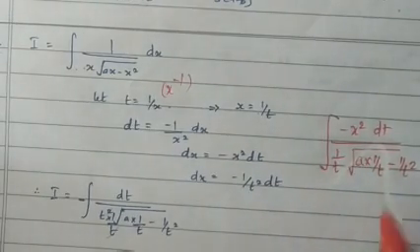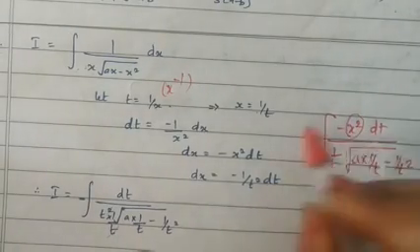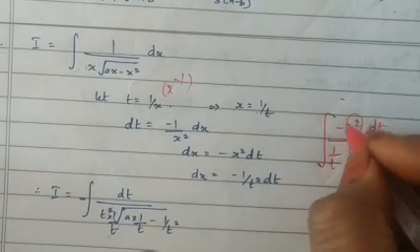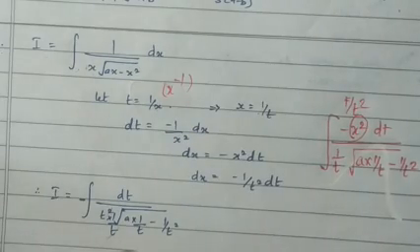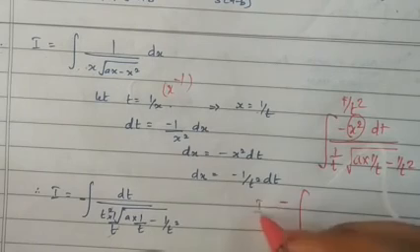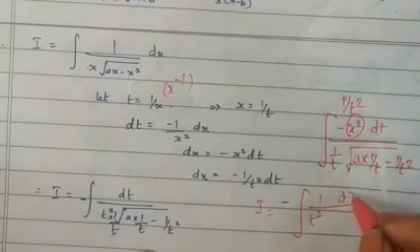This is one of the different sums. Here everything should be in terms of t. So this x squared, x is nothing but 1 by t. X squared is nothing but minus x squared is nothing but minus 1 by t squared. So bring this t to the denominator. Therefore you will get integral over, take minus sign outside, 1 by t squared into dt.